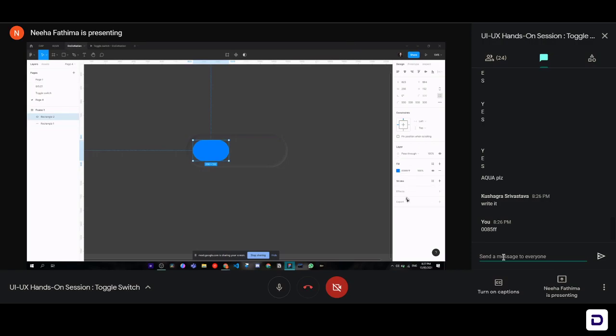So we will select our little toggle button, the rectangle, and we'll come over to our properties panel on the right side and click on the plus icon beside effects. Okay, so now as you can see, by default it has added a drop shadow. What we're trying to do now is not give it a hollow effect. We are trying to smoothen the corners. We're trying to make it look a little more neumorphic.